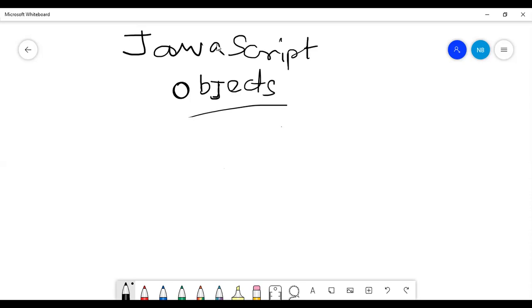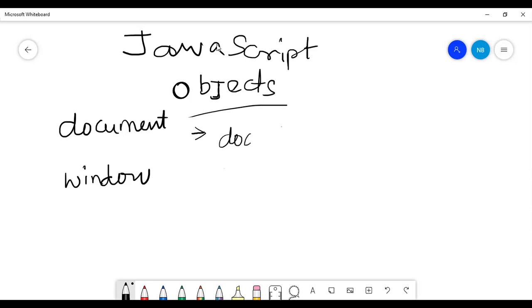So one of the objects is the document object and the second one is the window object. So these are the two objects which have been used something like this.